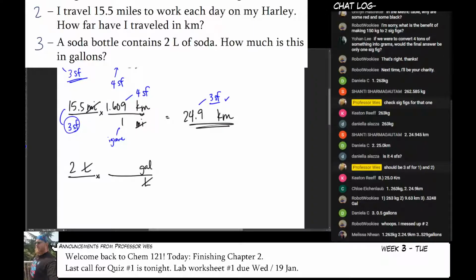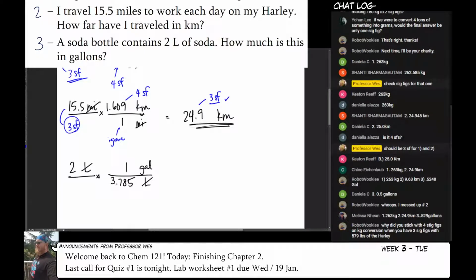According to Google, 1 gallon is equal to 3.785 liters. And so when I multiply these together, we'll divide actually. 2 times 1 divided by 3.785, I get 0.52840